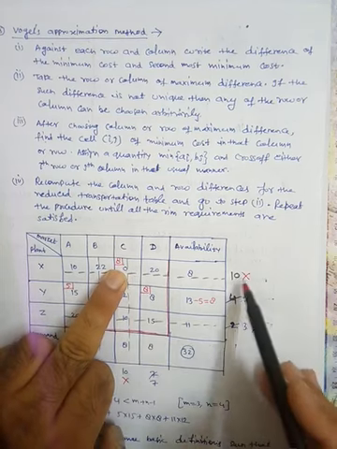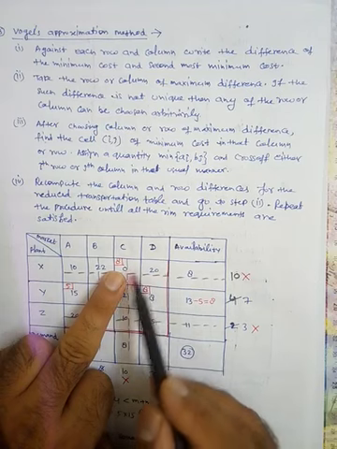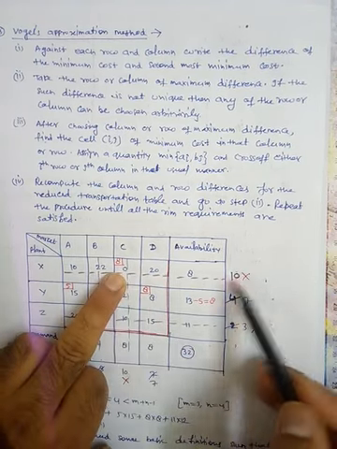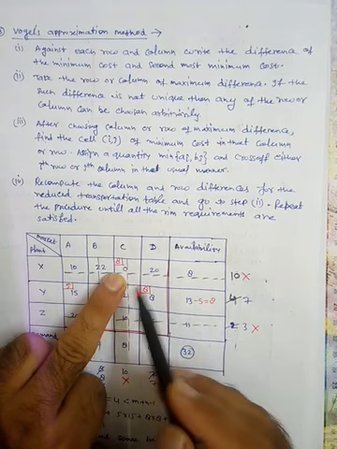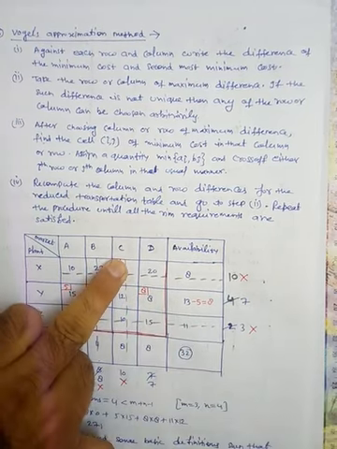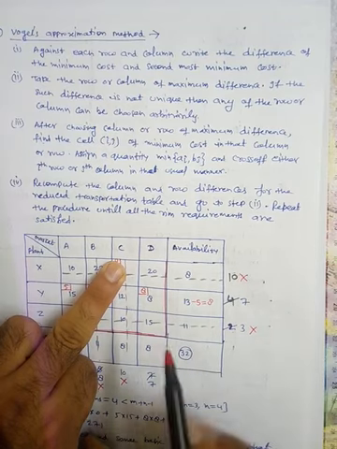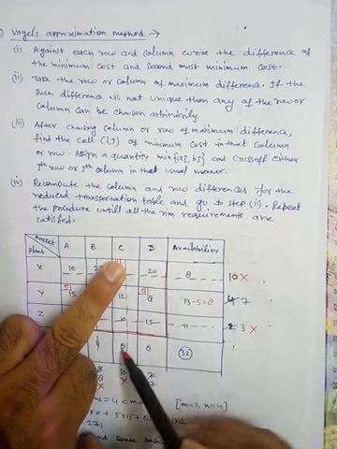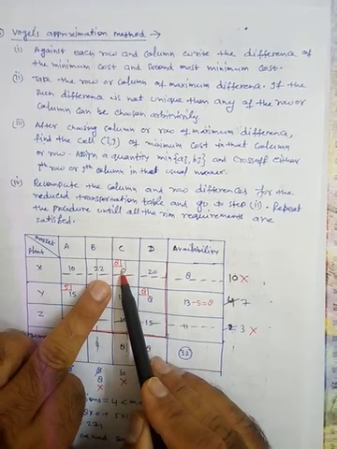Fine. So we will go to the row or column with the maximum difference and see where the minimum cost is. So the minimum cost is here. By chance the minimum cost occurs for this 10 as well as this 10, both get the same. So this is very good. Now we have selected the cell. Now how much do we have to allocate? We have selected the cell, but how much must we allocate? The minimum of 8 and 8, availability and demand. So the minimum is 8, and we have to allocate 8 units here.